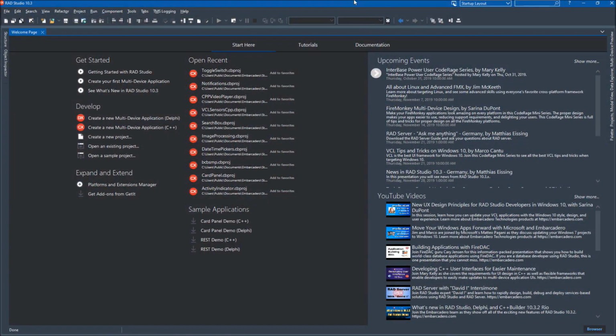Welcome to Embarcadero C++ Builder, which is part of RAD Studio. RAD Studio is made up of C++ Builder and Delphi. Today, we are going to familiarize you with the C++ Builder IDE and talk about some of the differences and similarities with Visual Studio. You can see that we have a standard interface here with a Getting Started section, a